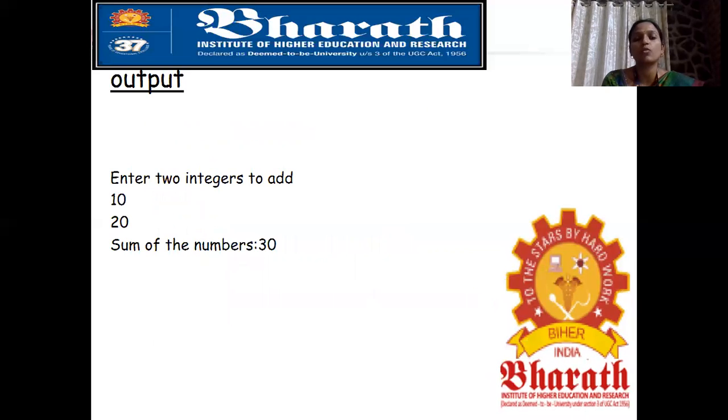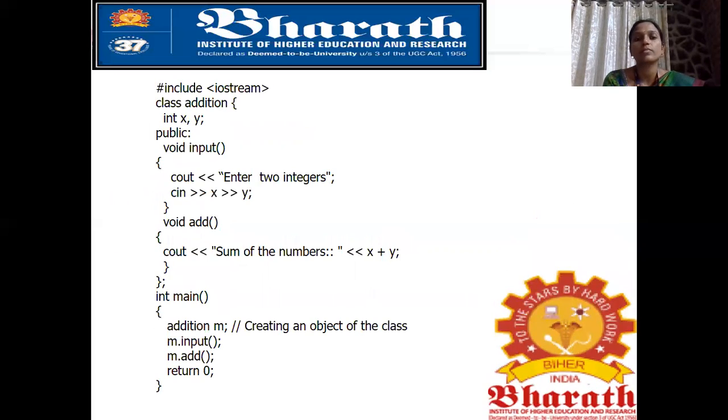So let's see the output. Enter two integers to add: 10, 20. Sum of the numbers: 30. So we will get the output. We have seen the addition program. Next, we are going to